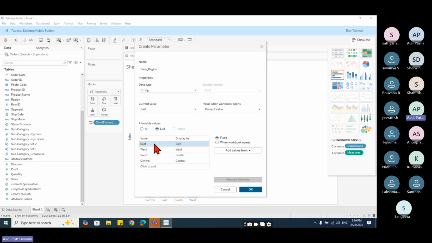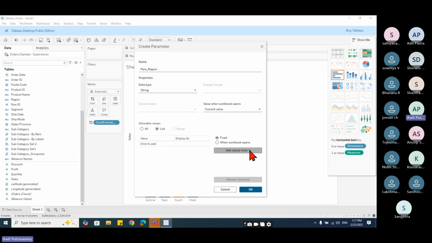Now, suppose I do the same thing for subcategories, can you name all the subcategories? The list is very big. Region was very easy, 4 regions were there, we can easily answer. But if the list is very big, do you think you're always going to keep on typing? No. This is one way, we can type. But what I can also do is